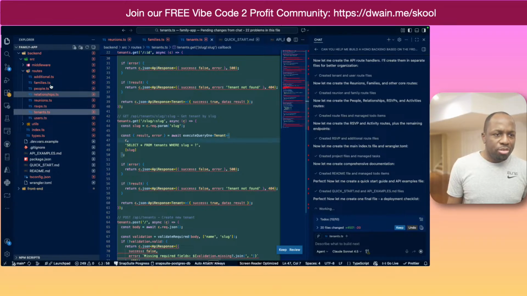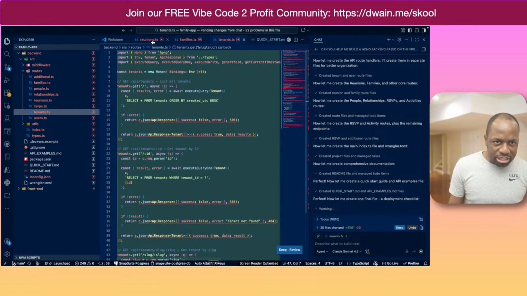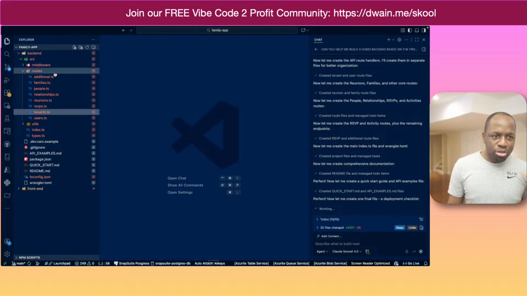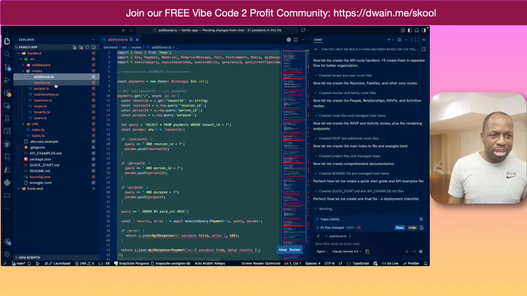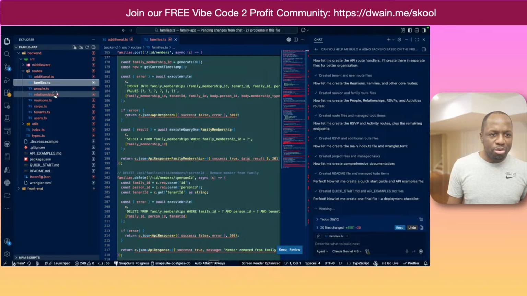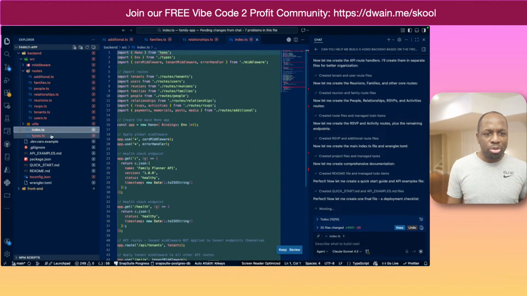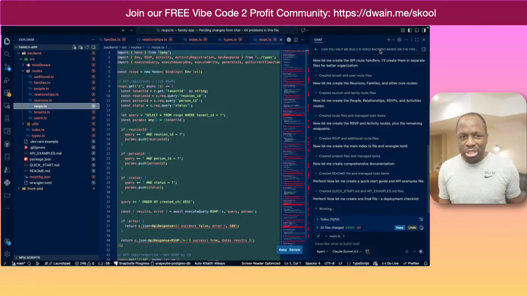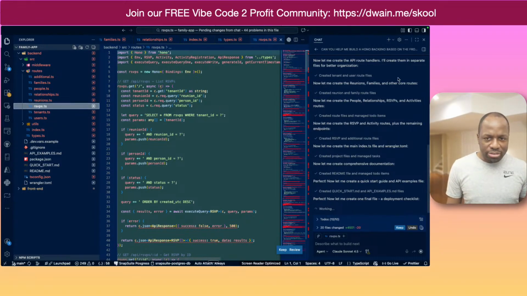So anyway, we're almost there. We've got our Hono framework and it's being built out slowly based on the backend. We're building out the Hono framework, and then we're going to put some basic HTTP tests in here. In fact, while this is happening, let's see if we can push it a little bit. Let's create a new